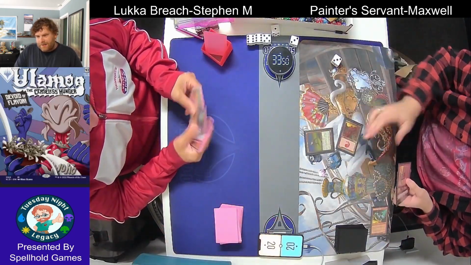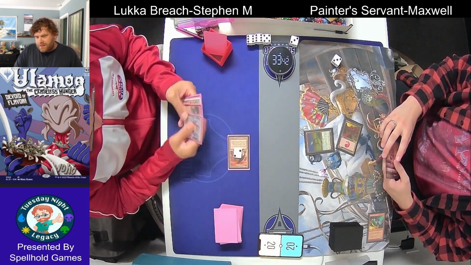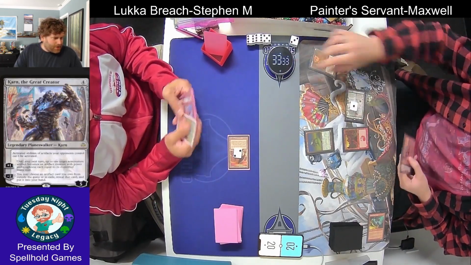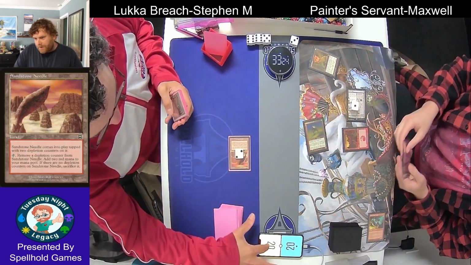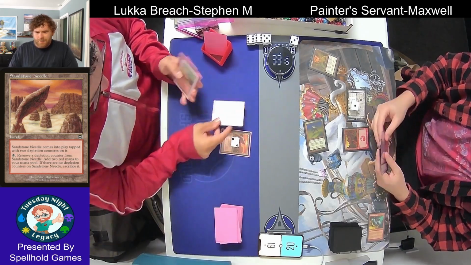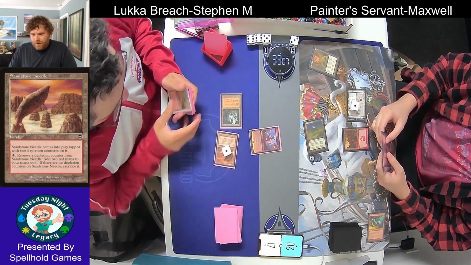And he says, you know what, let's go to game 3. So we are into game 3 here. We're seeing a turn 1 Painter Servant. The Sandstone Needle, creating 2 mana, comes into play tapped, though, and we're already seeing a grindstone. So unless McCarty can deal with this Painter Servant right now...